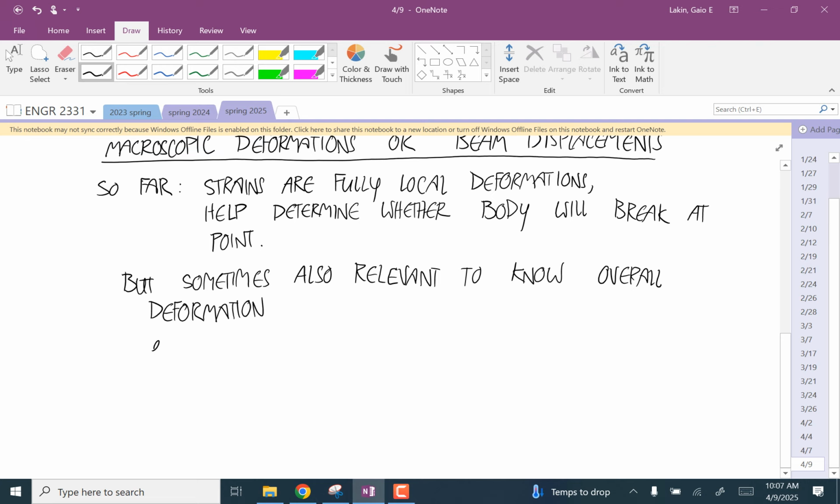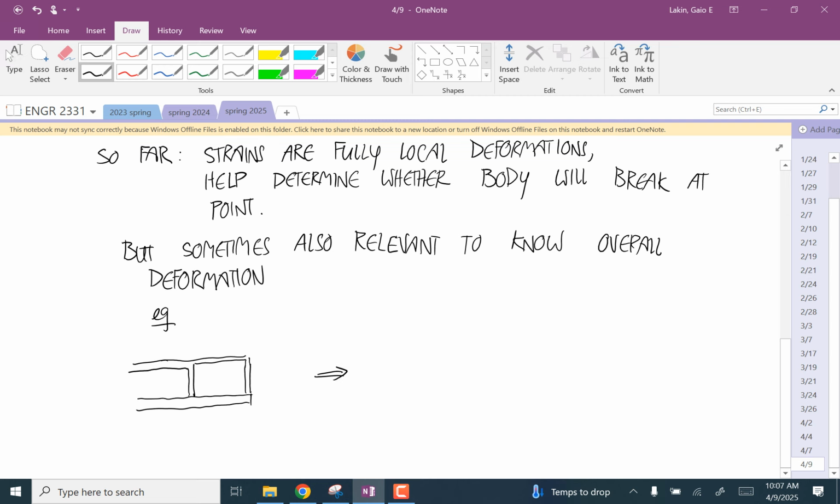For example, imagine this balcony. And you do your stress and strain analysis and you figure out it's not going to deform enough to worry about anything breaking. But then in practice,